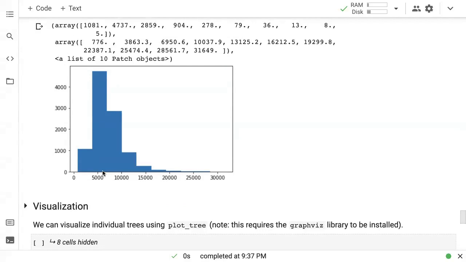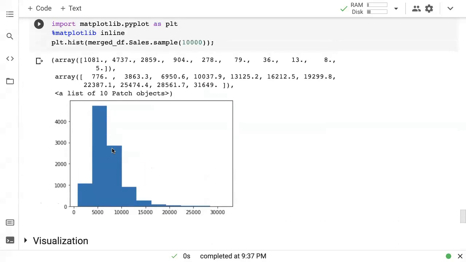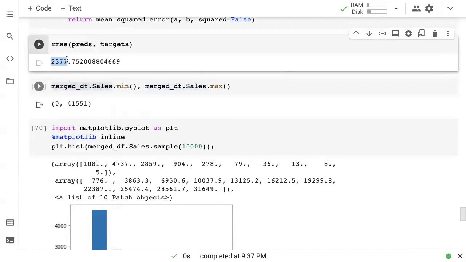It's not like our predictions are in the range 5,000 to 10,000 and we are off by a full 10,000, which means our predictions are completely meaningless. We're off by 2,000 or so, which is probably not that great, but it's not too bad either. So already we can see that our gradient boosting model gives us a fairly good result.